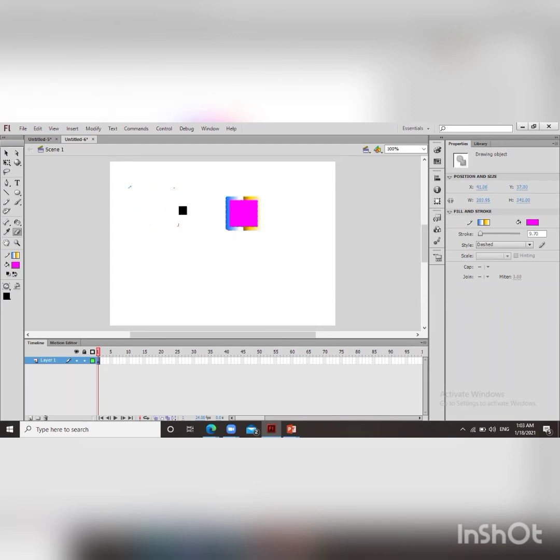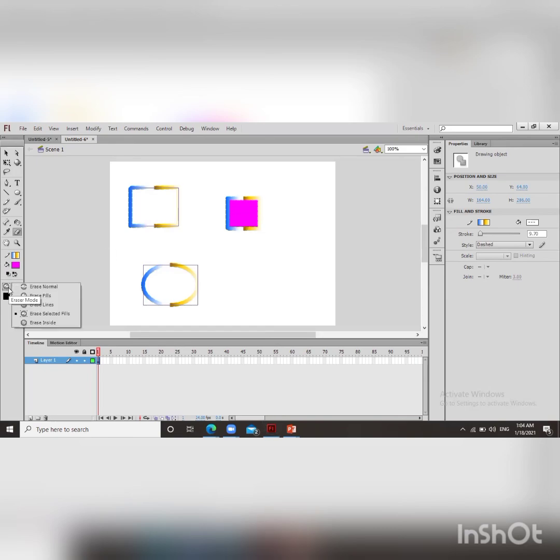If I try to erase this one, it will not be erased. You can see here, only this rectangle and this oval shape's inside part has been erased. Why? Because we have not selected this other rectangle. We have selected only this rectangle and this oval shape. So that's why only the inside part of these two objects has been erased, not this one.